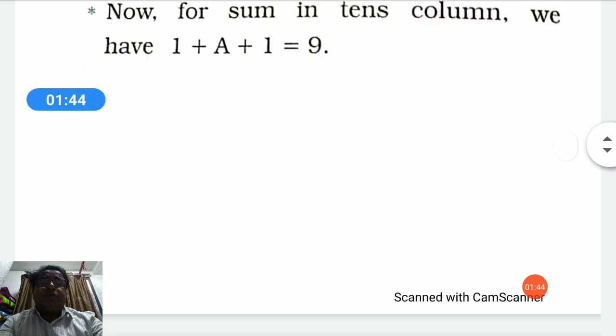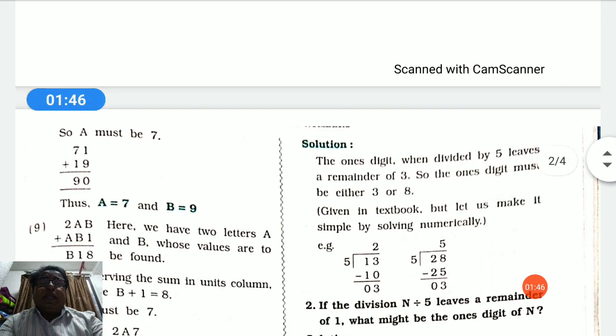So A must be 7. Our answer is 71 plus 19 is equal to 90. Thus A is equal to 7 and B is equal to 9. B की जगह पर हमें 9 मिला है और A हमने 7 लिया है।